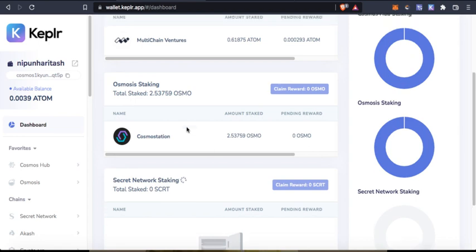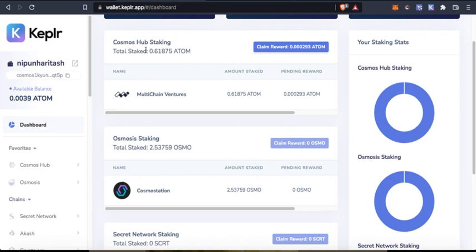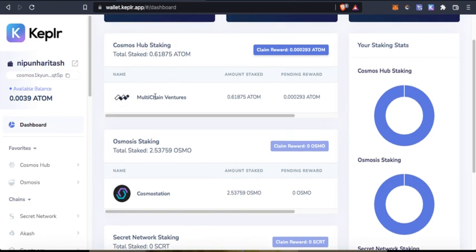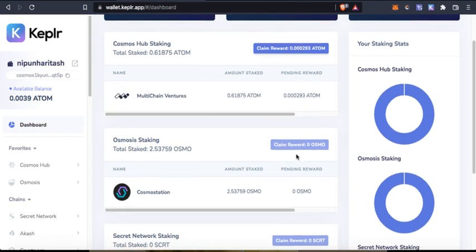Okay, I have the total staked Osmosis showing up here. For the validator Cosmostation, I have some Osmo staked, and I have some Cosmos Atom staked under validator Multi-Chain Ventures, and the rewards will be